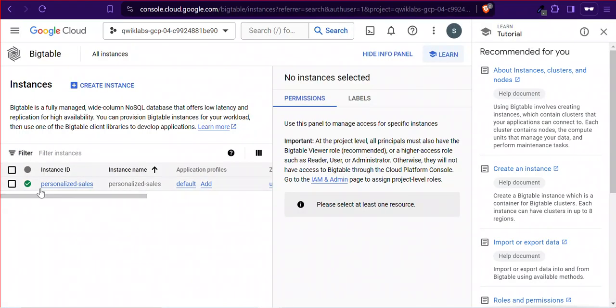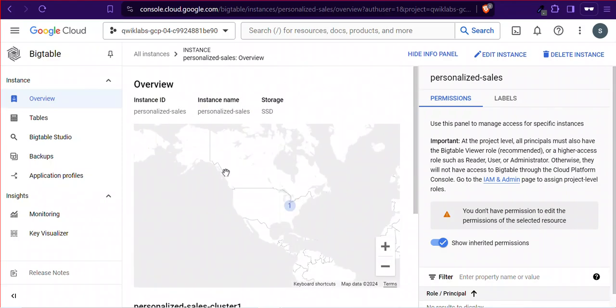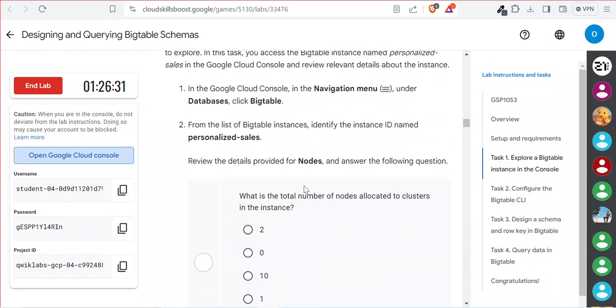As you can see, they already created an instance named personalized sales. You can see that in this cluster ID only one node is allocated, and they use SSD storage. So let's go to our lab.